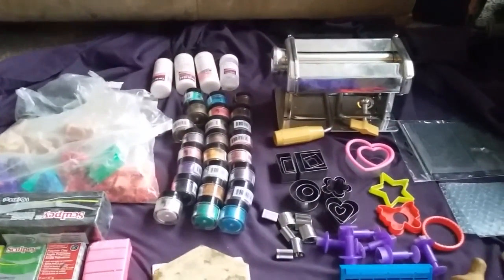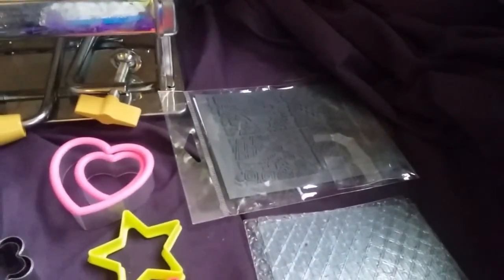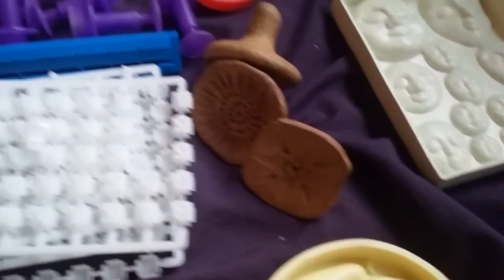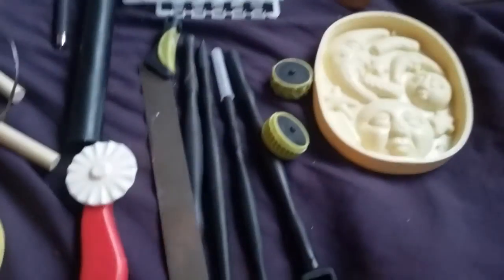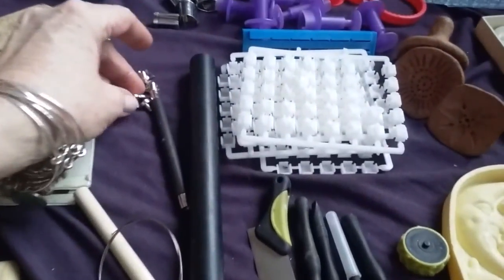Okay, guys, here you have it. So there's my pasta machine, some texture sheets, some molds, more molds, stamps, letter stamps or embossers. Here's some tools, texture wheels, a blade, some more cutters, rollers, stampers,